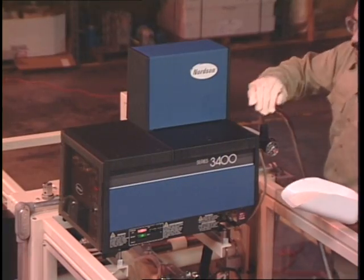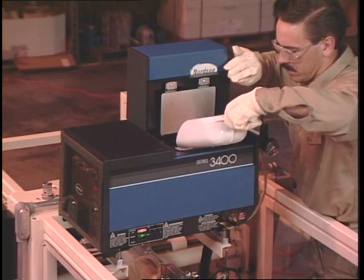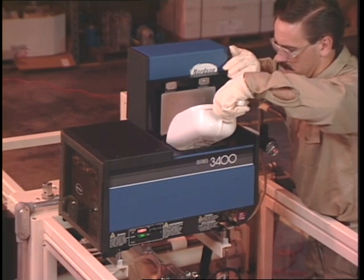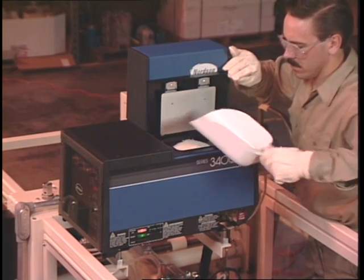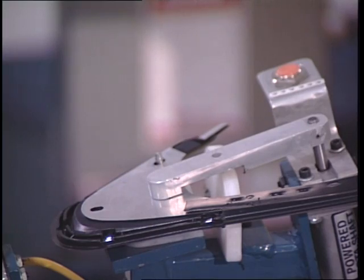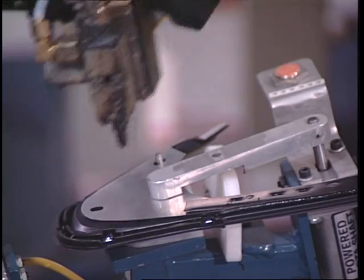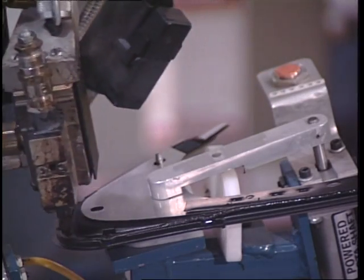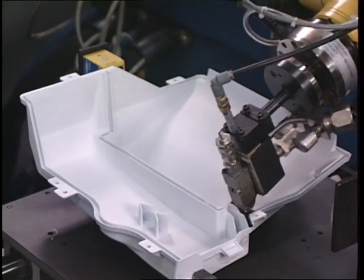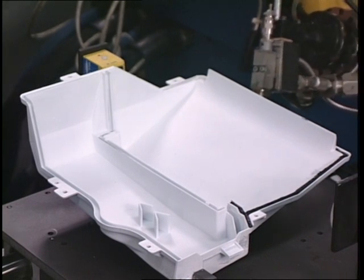Hot melts are 100% solid, which means they contain no water or solvent carrier. Hot melt solid form allows for ease of handling and storage, gives it an indefinite shelf life, and helps eliminate waste. The gap-filling ability of hot melts is a definite advantage in the filling of small recesses and bonding of uneven surfaces or substrates. In some applications, an inert gas can be mixed with the hot melt adhesives to form